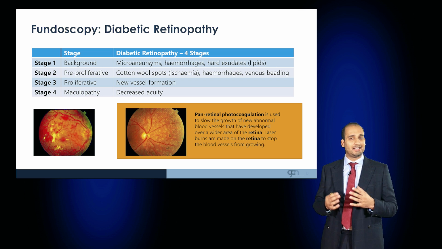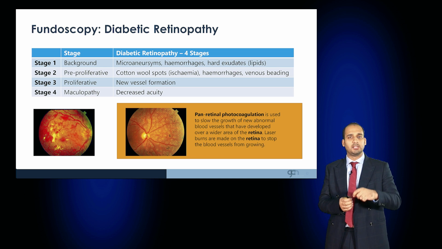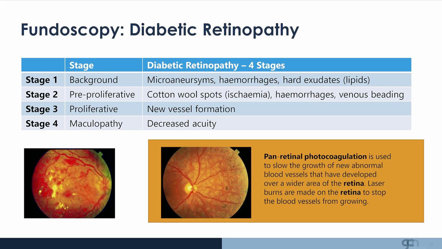Diabetic retinopathy classically has 4 stages, stage 1 to 4. One is background, where you just develop microaneurysms and hemorrhages, as well as hard exudates. And stage 2 is pre-proliferative, where there's an ischemia developing as a result of the diabetes on the retina, and